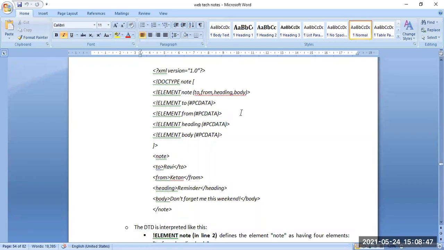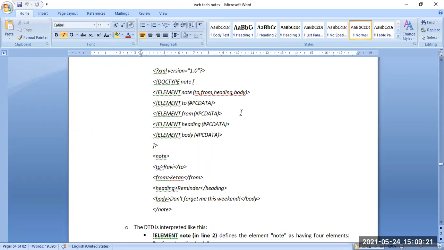This is the basic structure of the XML document in its internal DTD version.